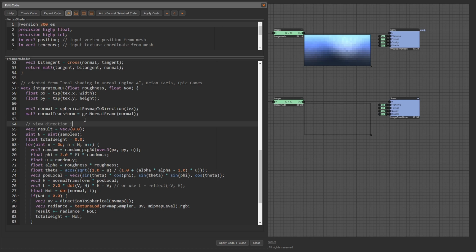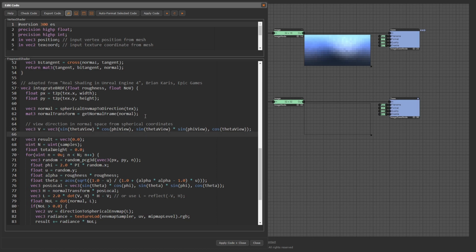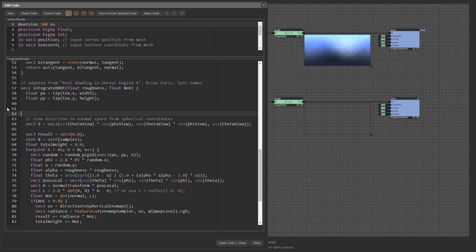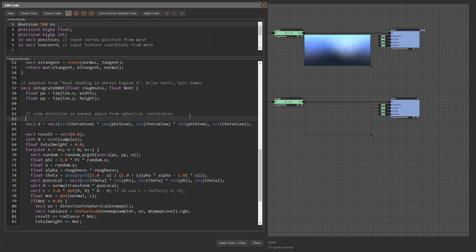View direction in normal space from spherical coordinates. Vec3 v equals vec3(sin theta view times cos phi view, sin theta view times sin phi view, cos theta view). We can compute theta from n.v. Float theta view equals arccos n.v. The value for phi view can be freely selected.